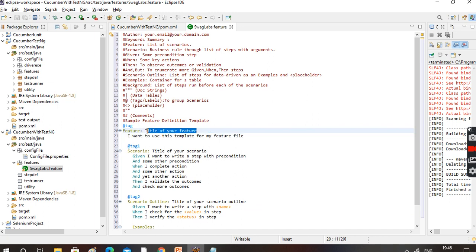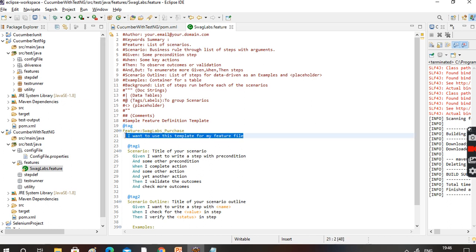What are you going to do? You should remove it. Enter your feature name, Swag Lab Purchase. This is a feature name.